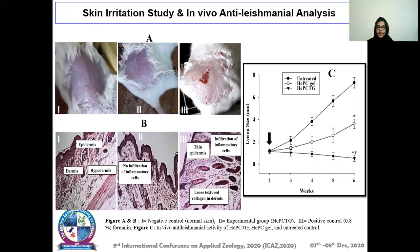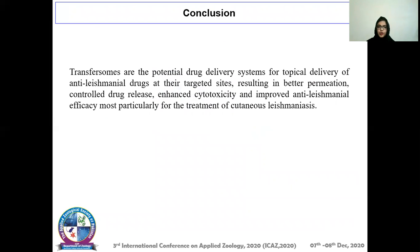After that, the in vivo anti-leishmanial assay was performed, and it was observed that the lesion size was reduced in case of HePCTG, which was our formulation, as compared to the untreated and HePC gel. So here I conclude that transfersomes are potential drug delivery systems for topical delivery of anti-leishmanial drugs at their targeted sites, resulting in better permeation, controlled drug release, enhanced cytotoxicity, and improved anti-leishmanial efficacy, most particularly for the treatment